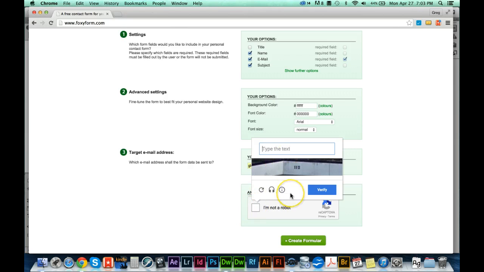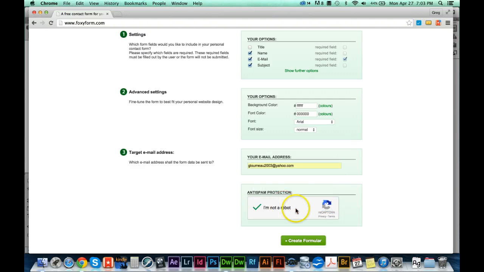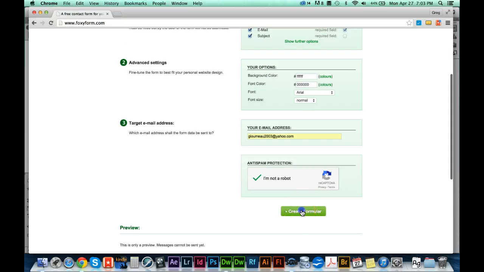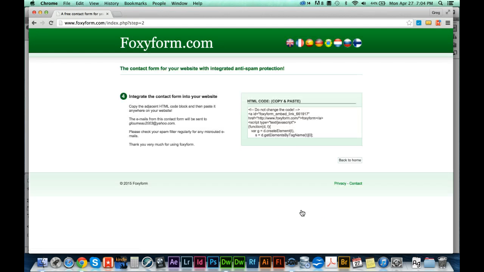Let's see. This says 112. So it proved that I'm not a robot, right? Okay, now we simply go down here, hit create formular, and it gives you this block of code. So you click in here and copy it,